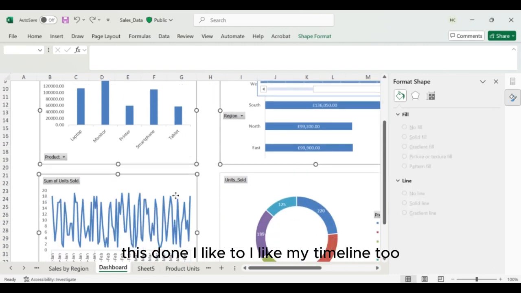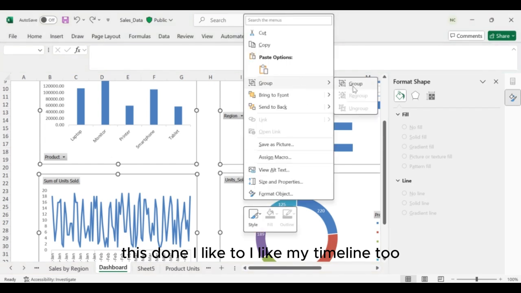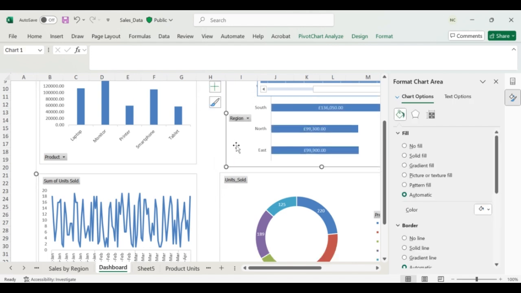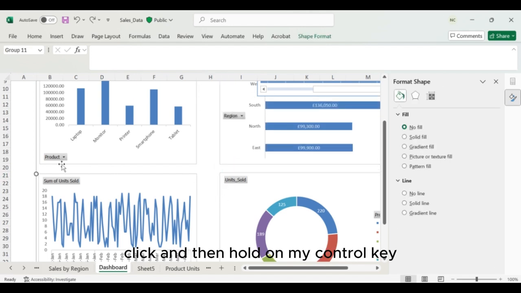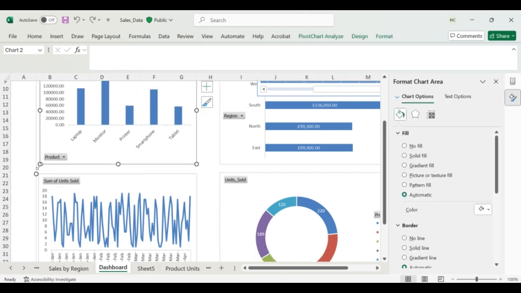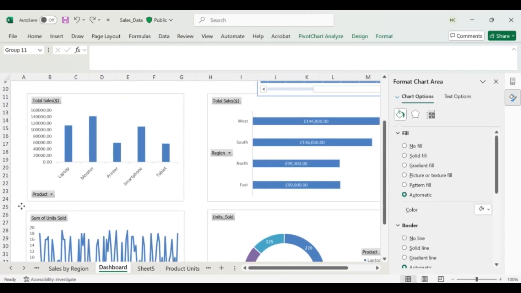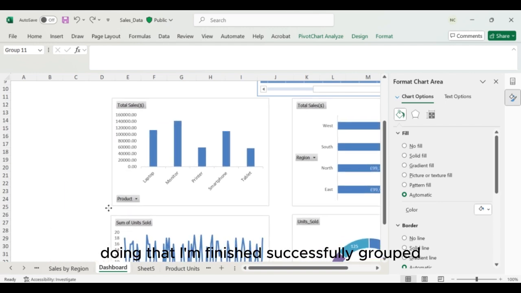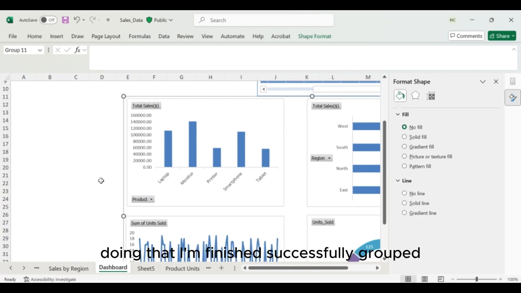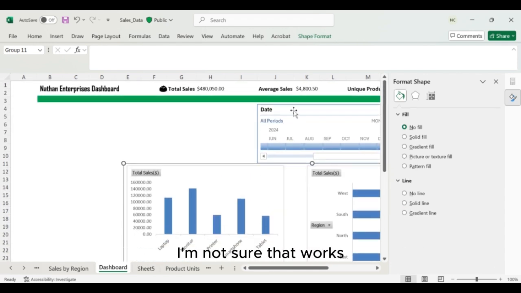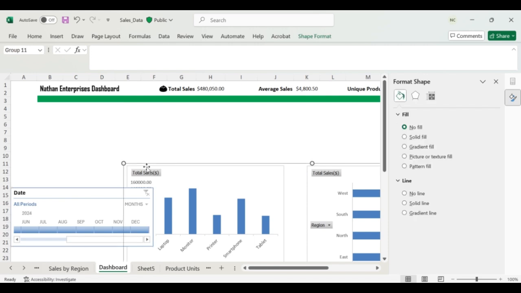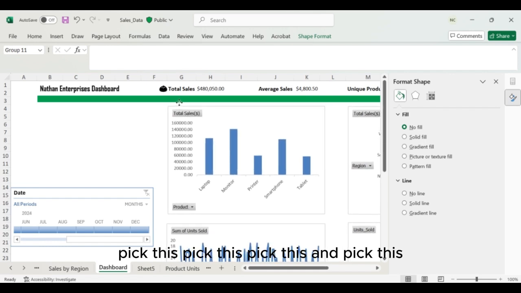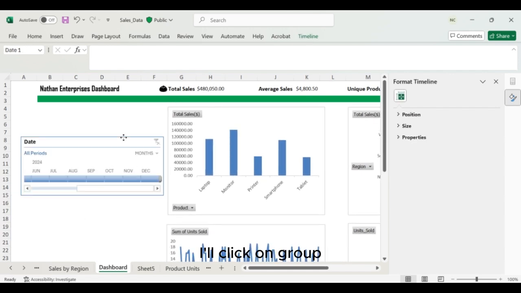Okay, so this done. I like my timeline to be at the top, so I'll just select, click, and then hold down my control key, select all the charts and group. Right click to group. Alright, so undo that. I'm not sure that works. I'll pick this, pick this, pick this, pick this, and pick this. Right click, group,